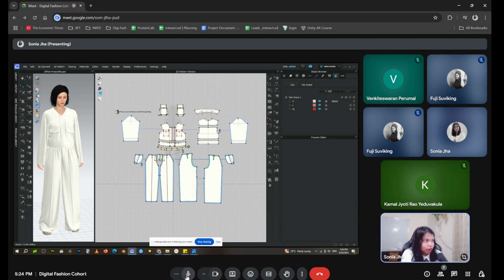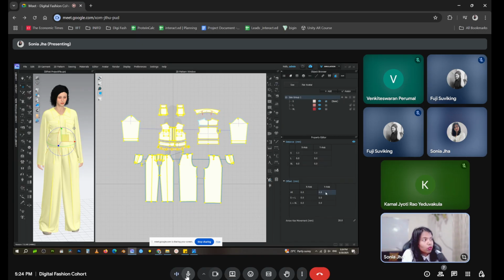Not yet. First we will select all of this. You will have a series of properties showing up here. The properties say that small, large, and extra large will be this size when I make it. Offset means